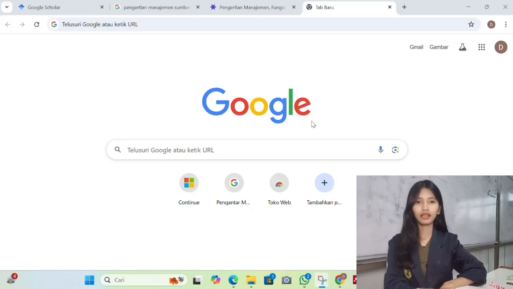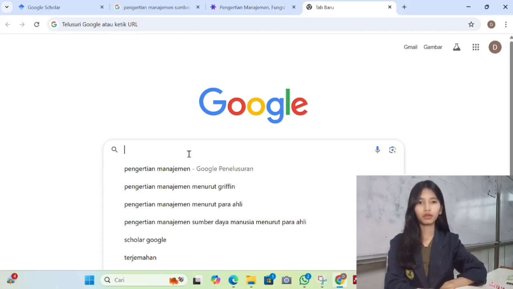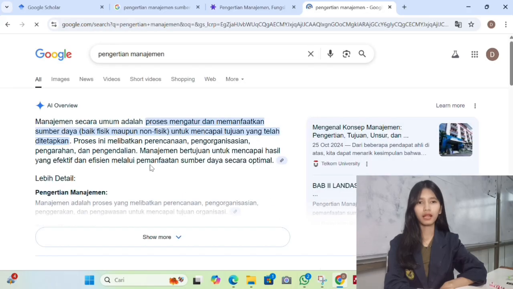The last thing is how to find theory for chapter 2 of our thesis. So we can go to Google and search the grand theory first. So it is pengertian manajemen.